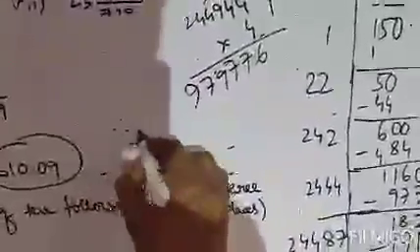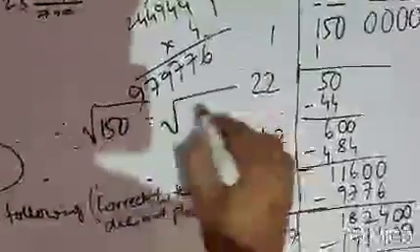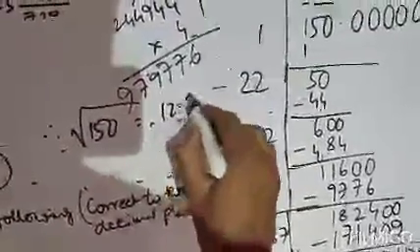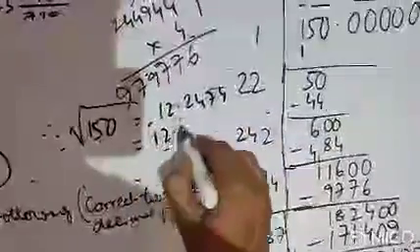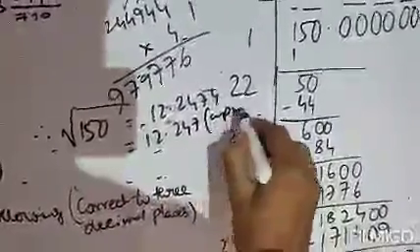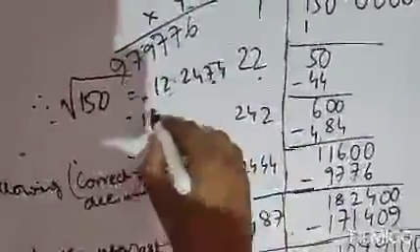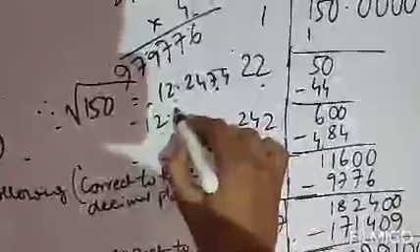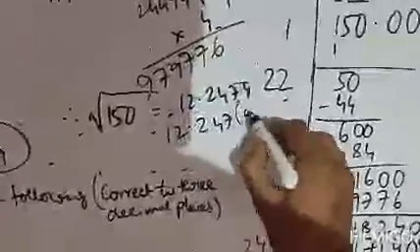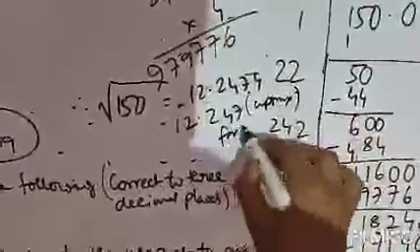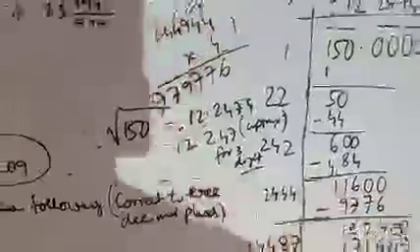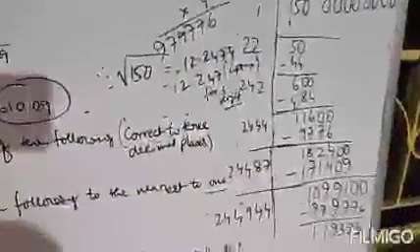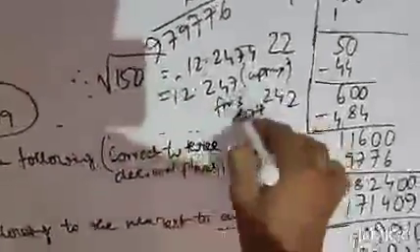That means you can write square root of 150 equals 12.2474, and the approx will be 12.247. This is the approx, because only one extra digit will be taken. Okay, only one decimal place. 12.247 is approx for 3 digit. This is approx for 3 digit. Clear? 12.247 is approx for 3 digit, and if only one decimal place, that means this is the answer for 3 digit place.